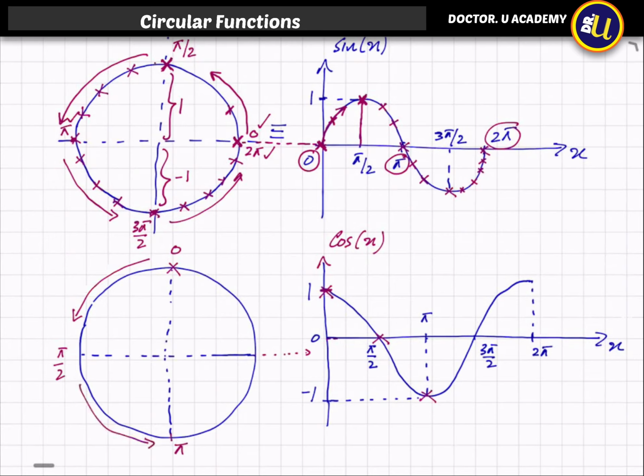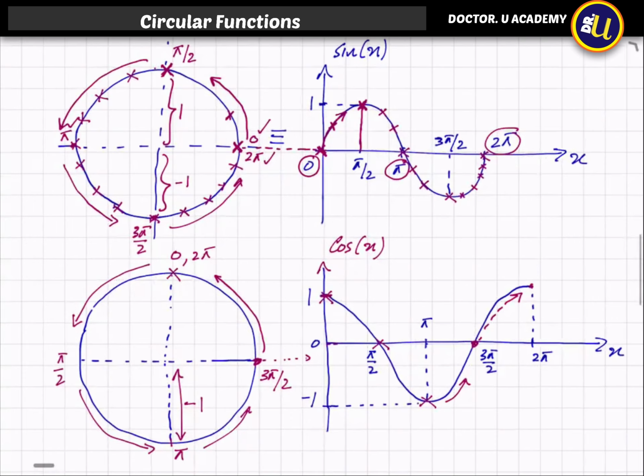So you can see at pi the value is -1. So exactly this distance would be -1. Then when you go up to 3 pi divided by 2, you are here on the x-axis. So you're going back to this point. So that value would be 3 pi divided by 2. Then you go back to x is equal to 2 pi point. That means you are going back to here. So similarly 0, pi and 2 pi are on the same axis. See, right? See, 0, pi, 2 pi, all three are on the same axis.